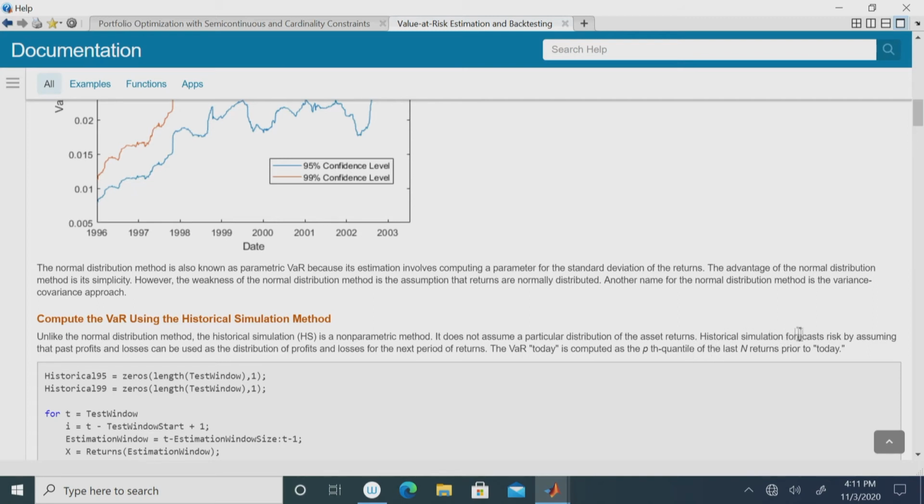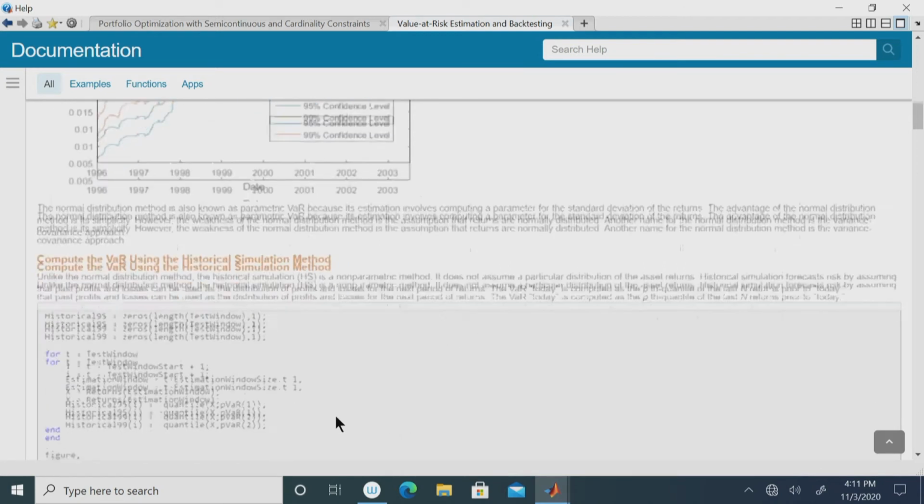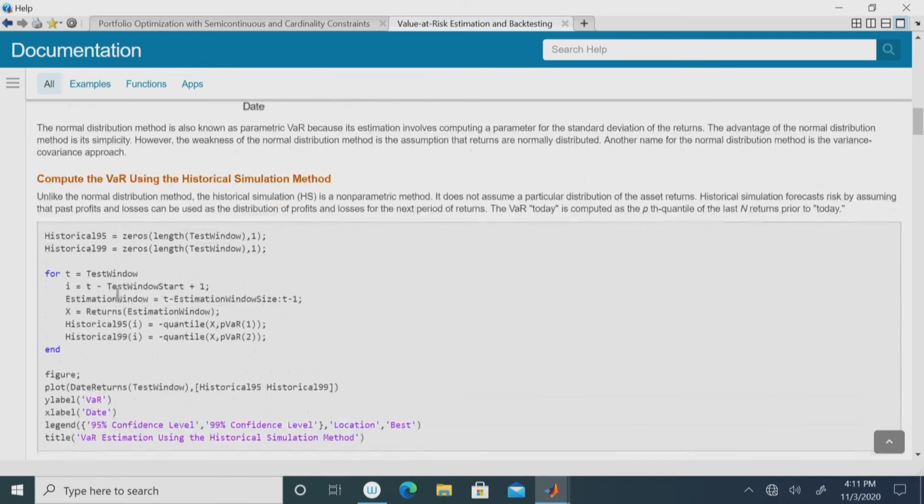Now, historical simulation forecasts risk by assuming that past profits and losses can be used as the distribution of profits and losses for the next period of return. So, what you do is the following: you look at the historical returns, which you set as x. If we just look at the historical returns over a period of time, what you will get is that